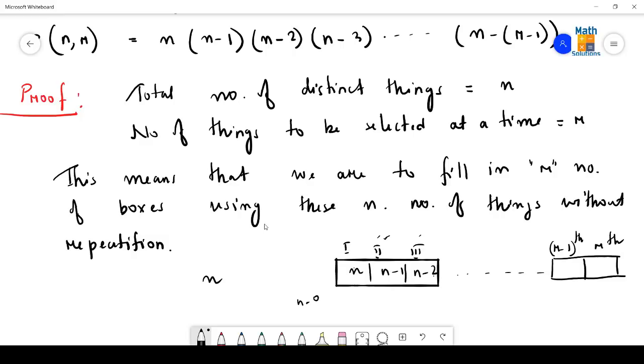The same thing will continue here also. Means in this place, the position is r minus 1. So the number to be subtracted here should be what? It should be 1 less than this one, means r minus 2. Means like this we need to write n minus r minus 2. Then only it will be balanced.